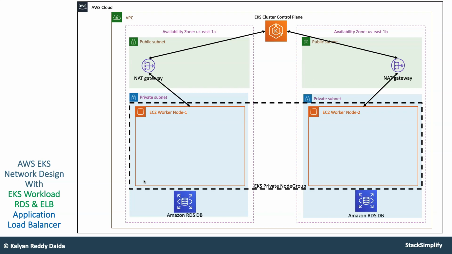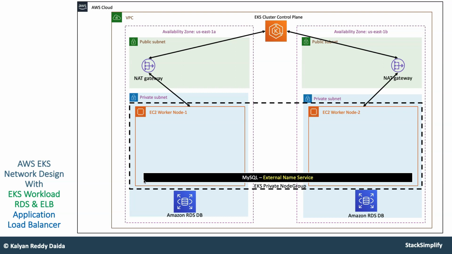The next step is our application, which we are going to deploy, which is nothing but the user management microservice application. It needs a MySQL database, so we are going to use an RDS database as the underlying DB for our application. To connect to this RDS DB from our Kubernetes cluster, we use the external name service. In addition to that, we will deploy our UMS, our user management microservice application, as a deployment in the worker nodes. We deploy only one replica, and it might get deployed on any one of the worker nodes.